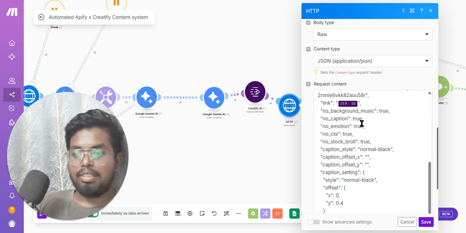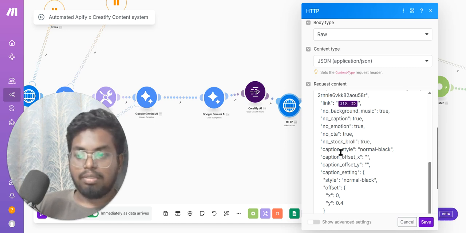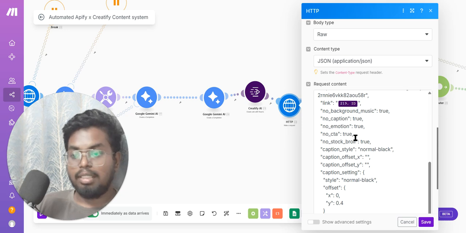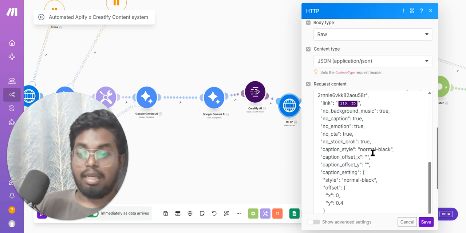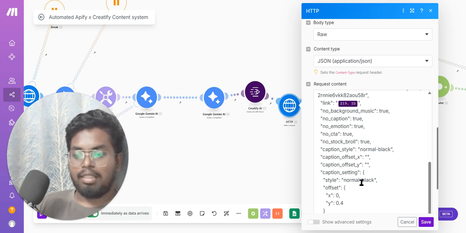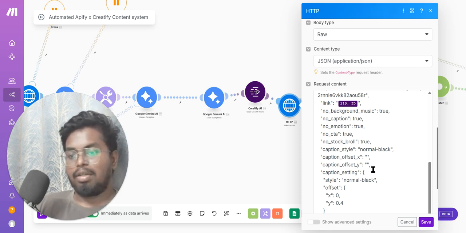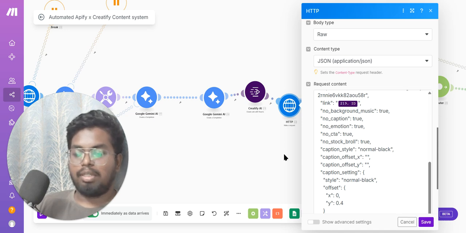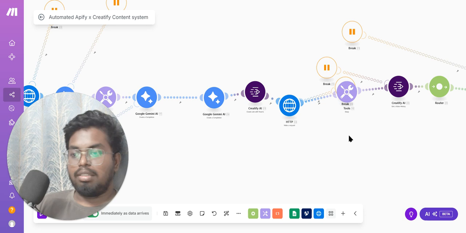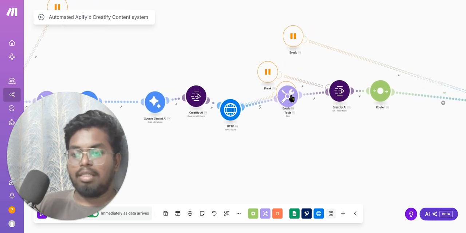You can do captions, you can add a CTA. I haven't used this feature, but I'm talking about the CTAs because they're a bit annoying in the back, so if you don't want it, you can set it to true. So yeah, you can add captions, and there's a bunch of other options. But I think you probably don't have to play around with this if you're just making general content. So this is pretty much what you have to do in the request, and you have to give enough